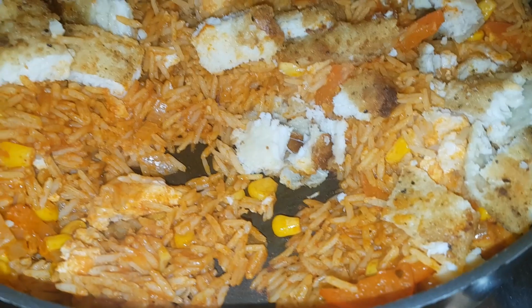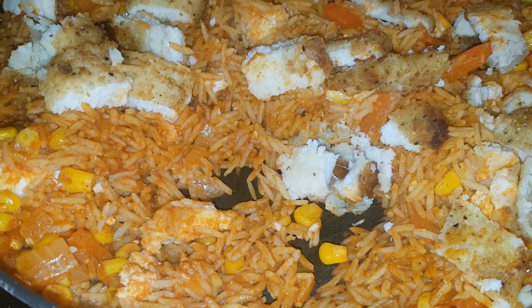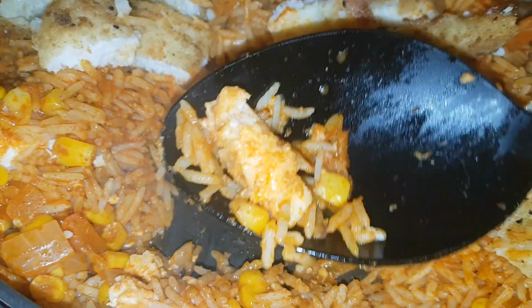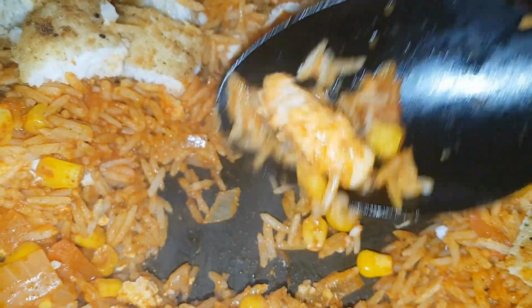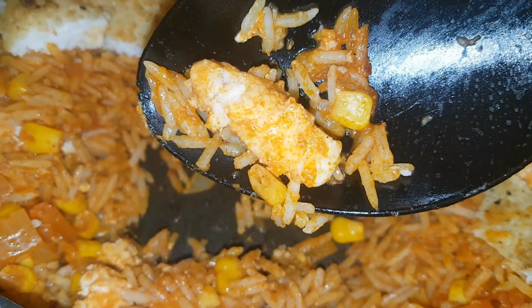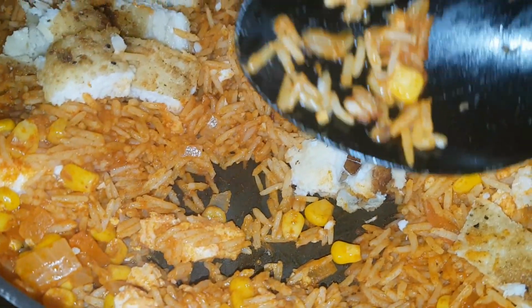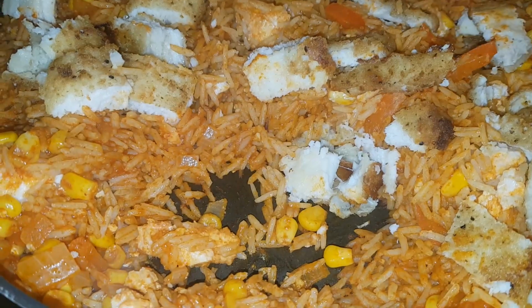So when the rice is almost cooked through, I just stirred through some chopped basa fillets, and you can see those are in there. Basa is quite a meaty fish, so it holds up reasonably well. Stirred that through, put the lid back on, and let that cook for about another 5 minutes